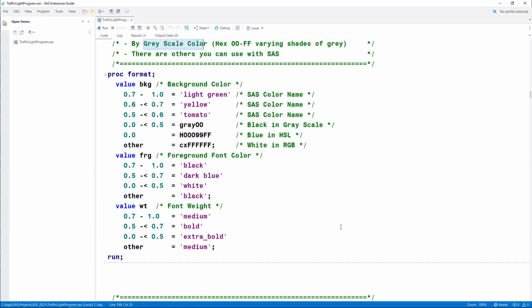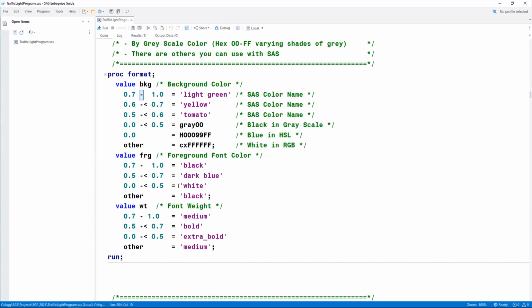And so I'm actually applying all the different versions of what I talked about in my formats. Again, because we're in SAS, I like using just the names of colors. In this first format, I thought I would show you all of the different options utilized, and then in the other two formats, I simply use the colors. So for the background color, if I have a percent that's 70% or above, and you'll note this dash does not have an angle bracket on either side.